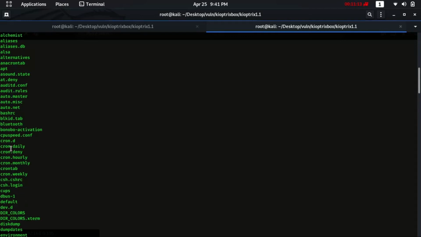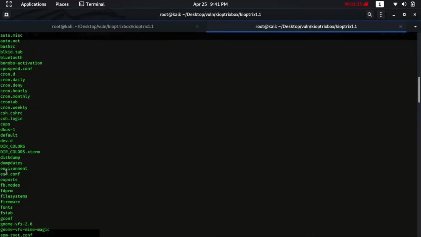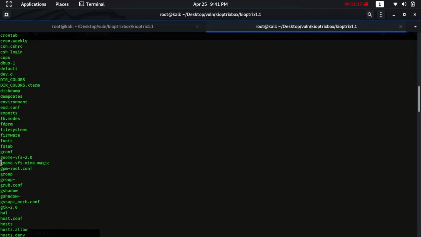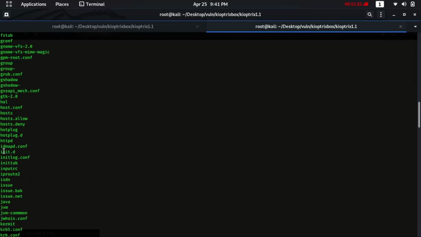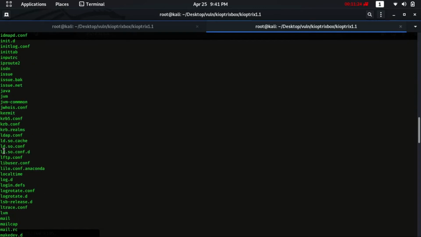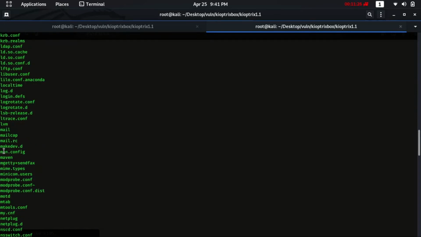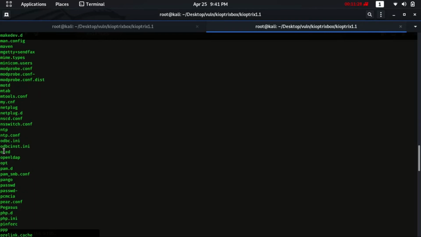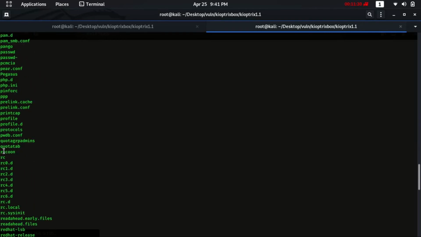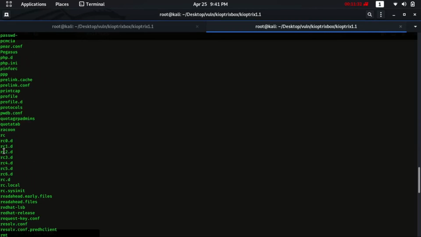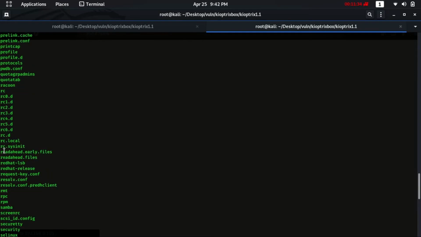Let me scroll whether I could get something. Let me check it. Yeah, I think I won't find anything. Okay, so here I got one thing which says Red Hat release.